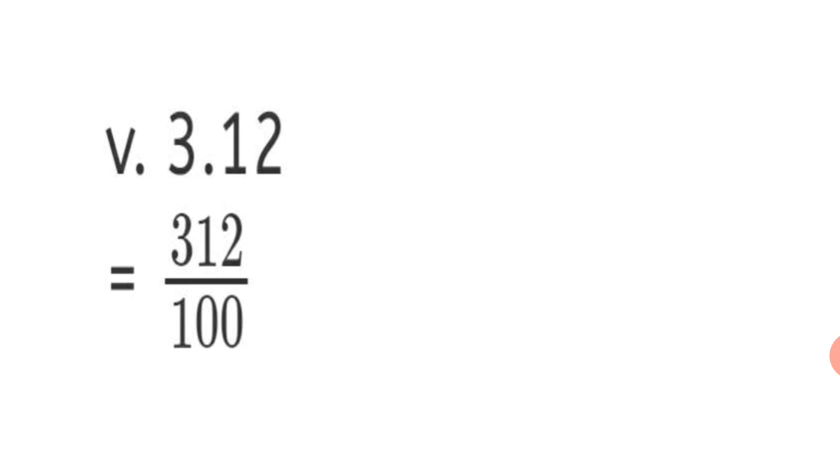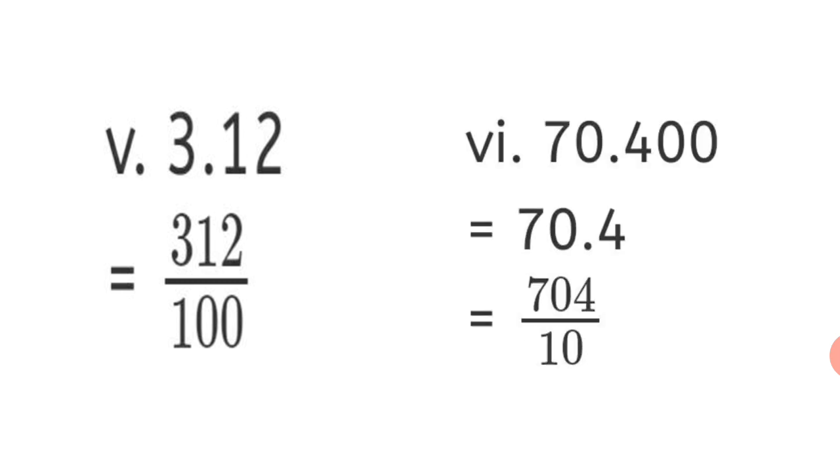Fifth sum, 3.12 is given, which is equal to 312 upon 100 because after the decimal point there are 2 places. So 2 zeros. 1 and 2 zeros makes 100. So 312 upon 100 is your final answer. And the last sum,